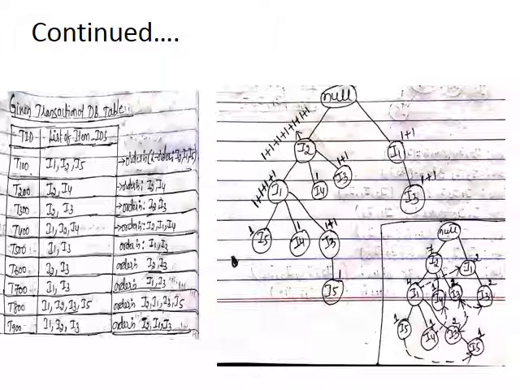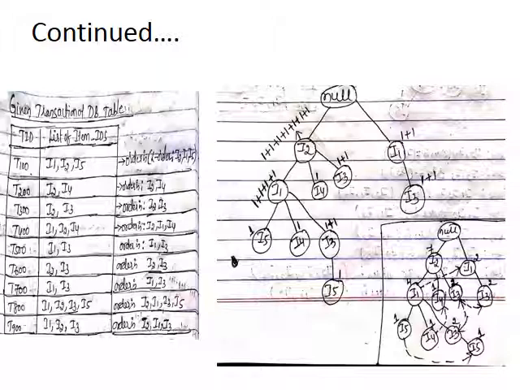Then go to the second transaction, T200, I2, I4. The order is I2, I4. Increase the count of I2, then derive one more node from I2, that is I4, and put 1 for I4. Then T300, I2, I3. I2 is already there, so increase the count of I2, draw one more node from I2, and put 1 for I3.